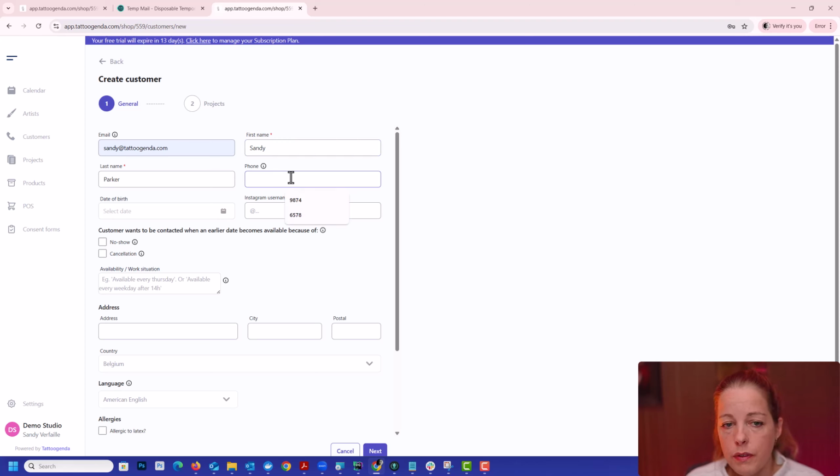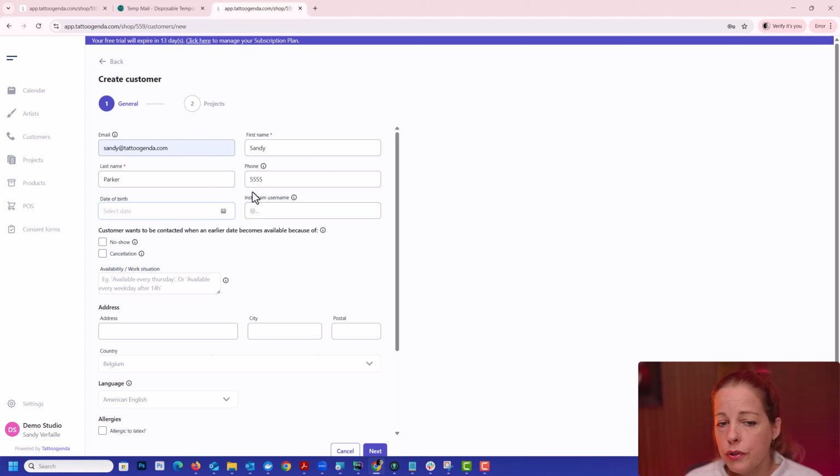Phone, you can leave it empty, but you can fill it out if you feel that's important. I think it's always important to ask your customers' phone numbers. Why? If a no-show happens and you want to fill that no-show place, you want to have the phone number of your customers to inform them. Also, if your artist gets sick or anything happens and you have to reschedule, you need the phone number of a customer. So I'm going to just add dummy data, right? This is a demo account. I'm not filling out real phone numbers.